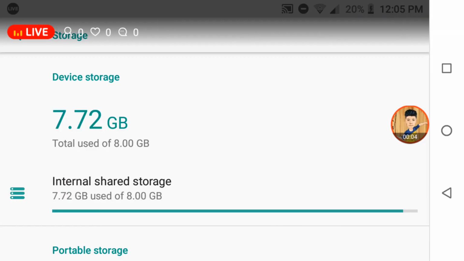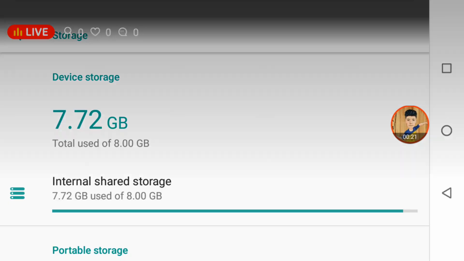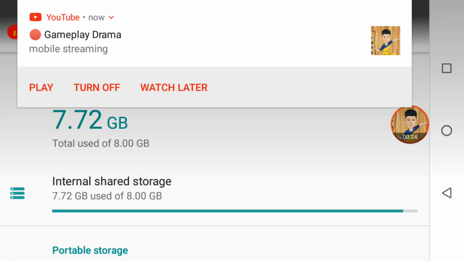Diligent gameplay drama here. I'm trying to free up some storage today on my phone. I don't have a lot of storage, and I keep seeing that annoying message popping up saying that I need to free up some storage. So I'm gonna do that, and then I'm gonna try to search for some games in my Play Store to